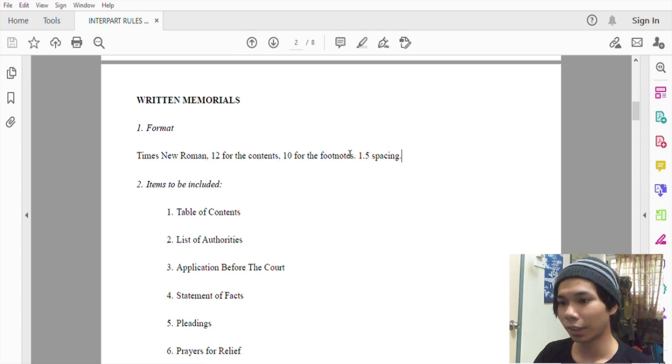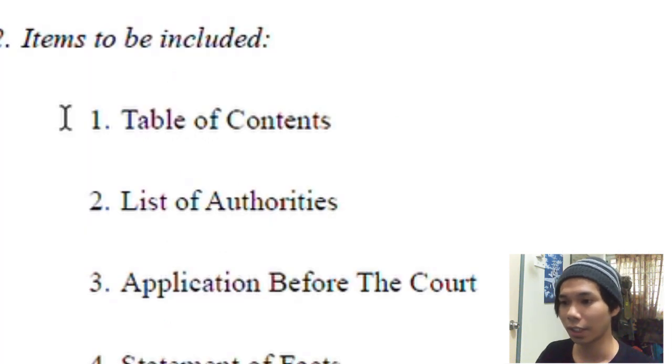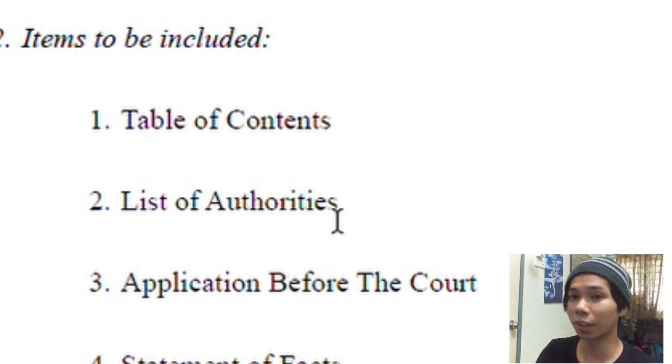Secondly, these are some of the items that you also have to include within your written submission. That is the table of contents, the list of authorities. The list of authorities can include a myriad or various items, such as the case laws or law reports or the statutes together with the provisions. It will also include secondary sources of law, such as academic journals, Hansards, periodicals. It can either be the main or primary sources of law within the list of your authorities that will be supporting your arguments within the written submission.